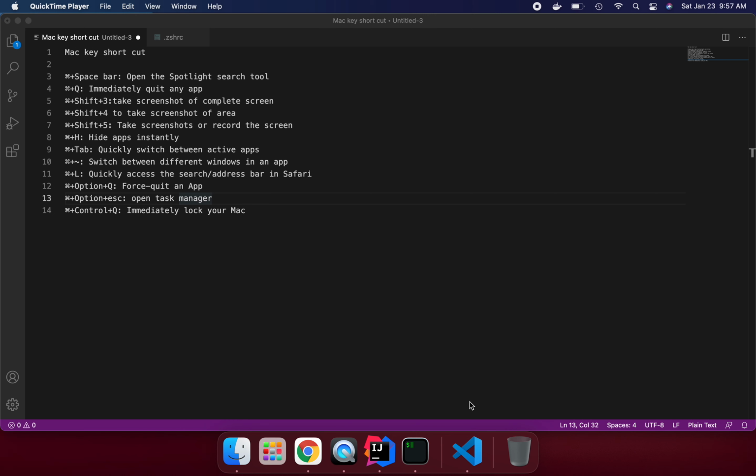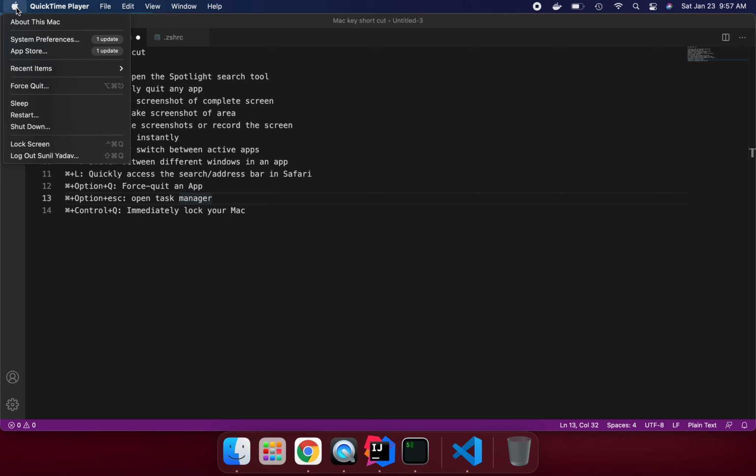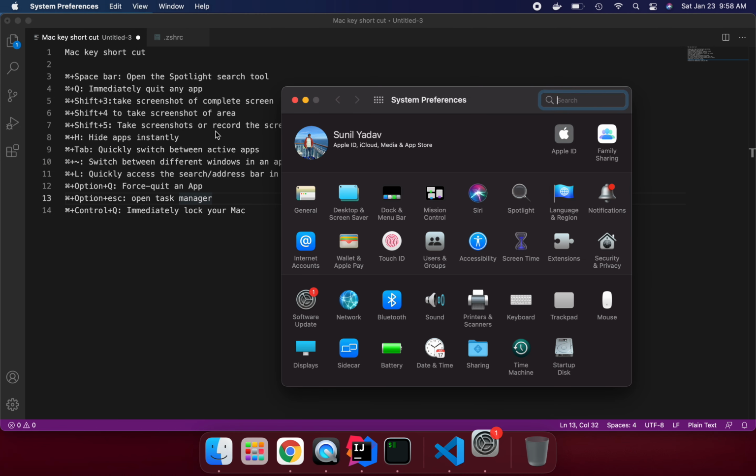So basically, once you log in to your MacBook Pro, we can see the Apple icon coming. In this one we can sleep, restart and shut down our MacBook. This is the main menu we need to go to if we want to do some system level preferences. If we go to system preferences, we can see system and privacy, like control panel in Windows.